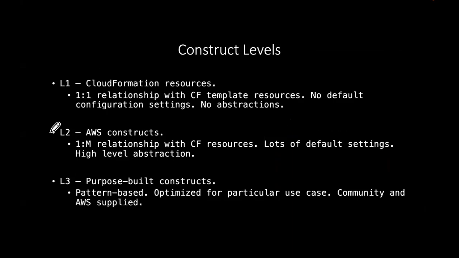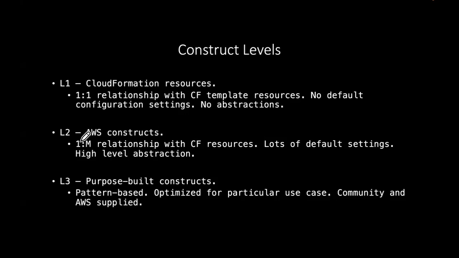99% of the time, we will be using L2 constructs. So when we create an instance of an L2 construct, that will eventually result in the creation of a number of resources, infrastructure resources up in the cloud. So I'm saying here that there's a one-to-many relationship between a construct and a CloudFormation resource. A CloudFormation resource is a piece of infrastructure.